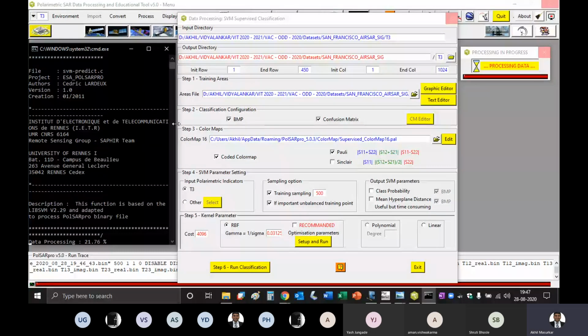Is it fine, Paritosh? This will slightly do the processing faster.